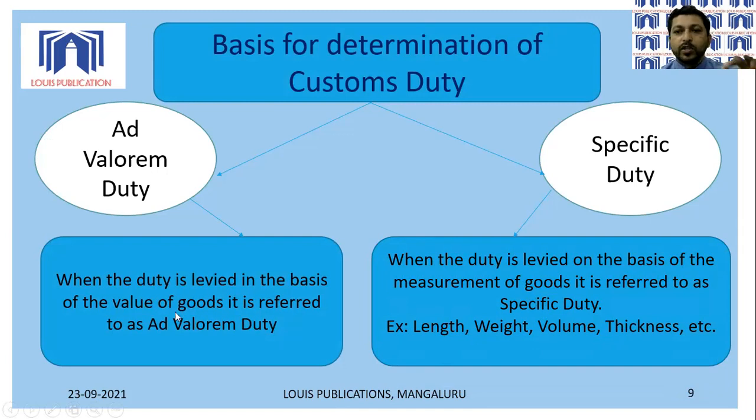When simply the valuation is done on the price, that is called ad valorem duty, because there is value addition as the goods are moving from one party's hand, that is from the exporter's hand to the importer's hand. When it comes to specific duty, it is a specific feature of that particular product: it can be the length, the weight, the volume, the thickness, or any other criteria that we can imagine. So more so in the valuation of customs duty, we make use of ad valorem duty for all our calculation.